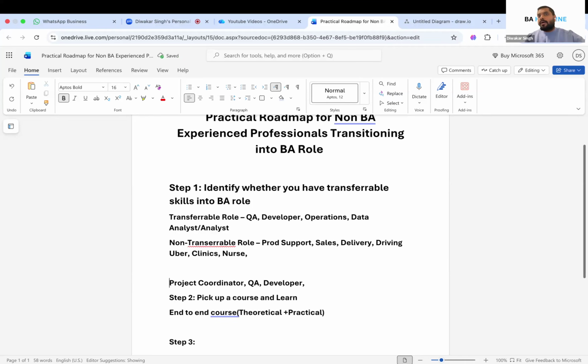So for example, you learned the use case diagram, but you don't know where to use it, when to use it. Where does a use case diagram fit for a BA? You learned user stories, but when do we write a user story? Why do we write a user story? Where do we write a user story? Or process flow diagrams, so when do you need to create them?